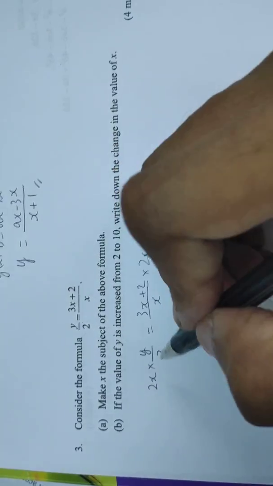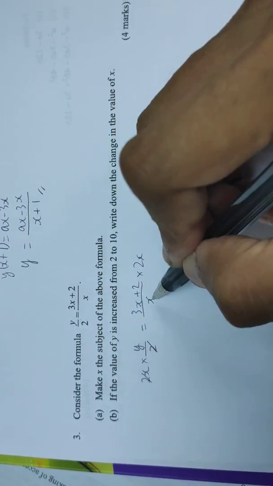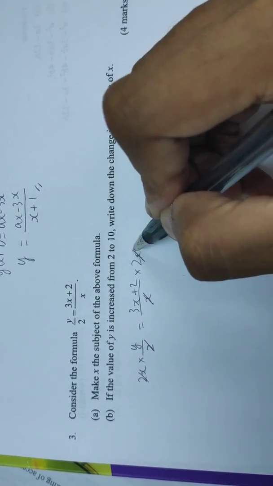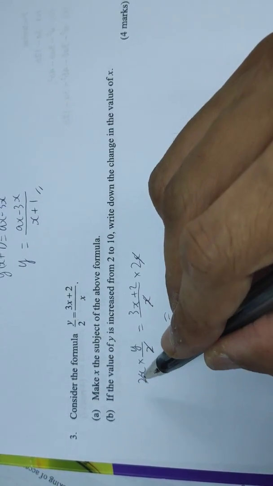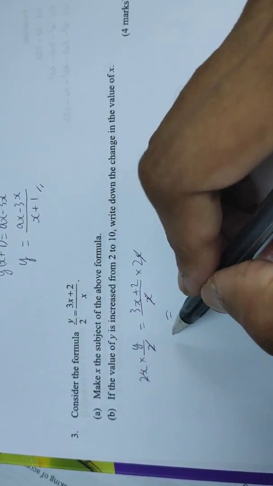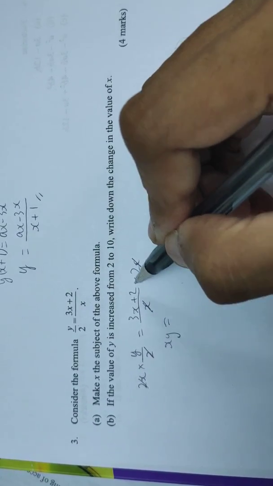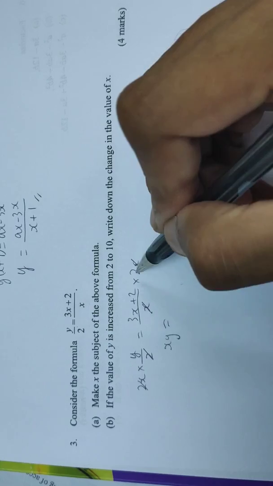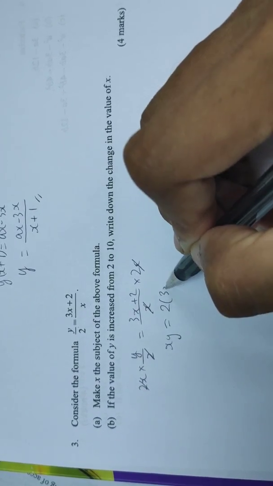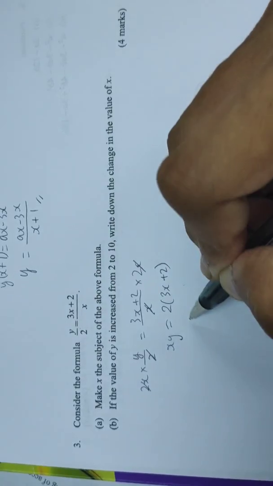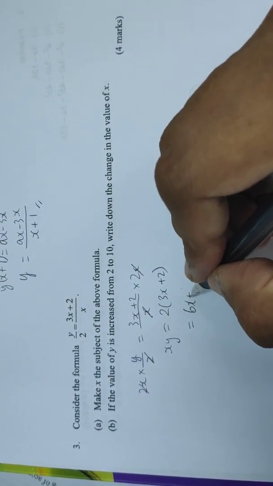Now what is that going to do? That is going to actually simplify the fractions. The 2 is gone and the x is gone. So when the 2 is gone, the x is still there. X times y, xy. And the 2 will multiply both terms on top. So 2 times 3x and the 2, which will now we open the bracket. So 6x is 4